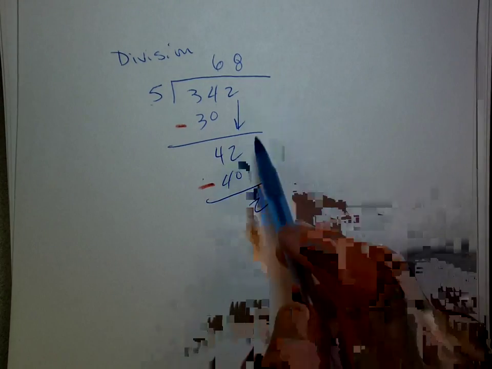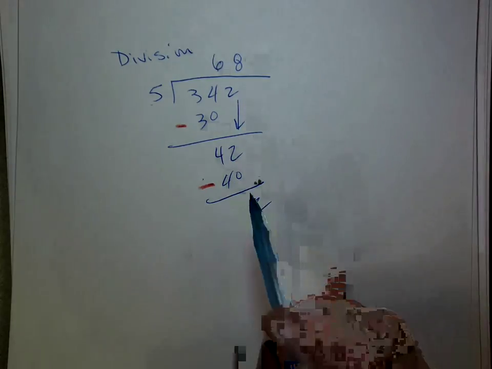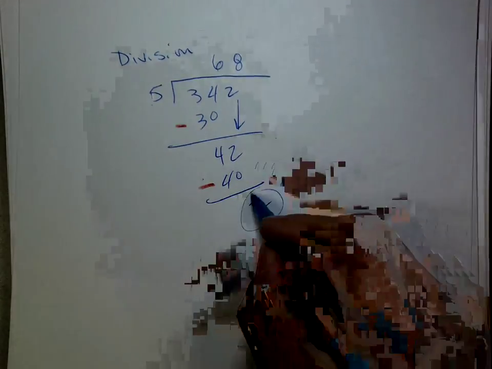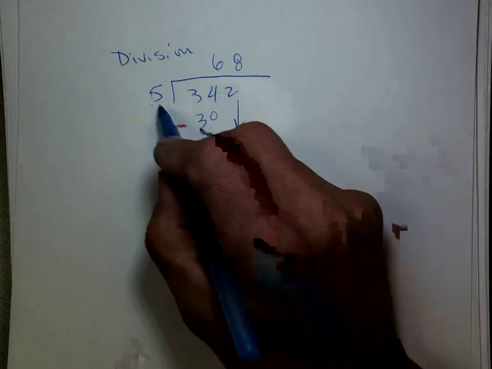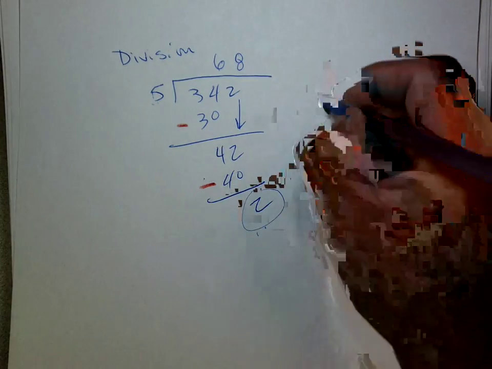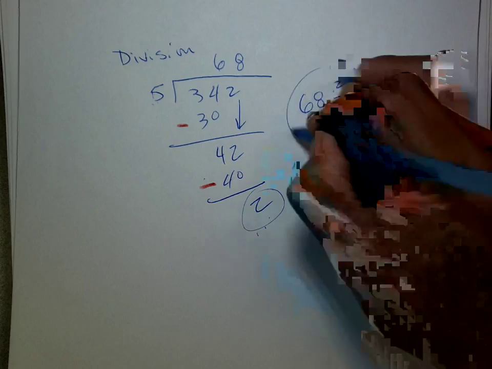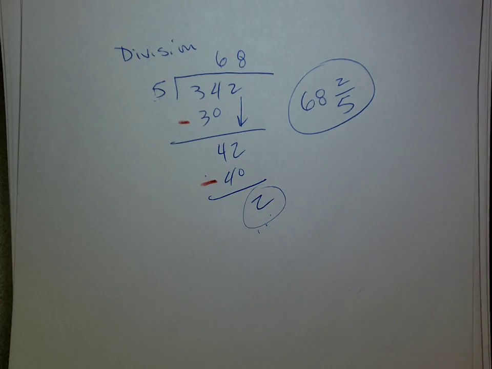We're going to say the answer is 68 and 2/5. We take this, what's left over, the remainder, over the divisor. So the answer is going to be 68 and 2/5. Now, you know how to do that. That's easy. But what about